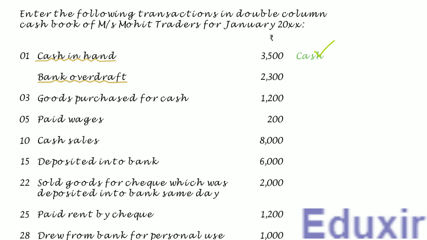Now you might get a question. We have always treated bank as an asset. How can an asset be negative? Note that just because the word bank is present, we cannot consider it as an asset. Pay attention to the word overdraft. When the word overdraft is added, it's no more an asset. It's a liability. To summarize, bank is an asset, but bank overdraft is a liability. So, the bank overdraft refers to the liability of the business.